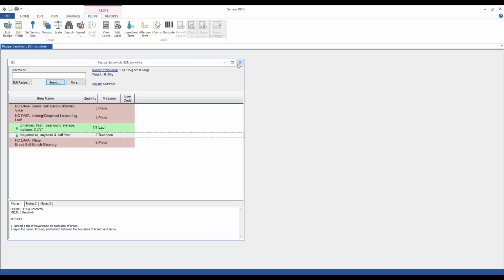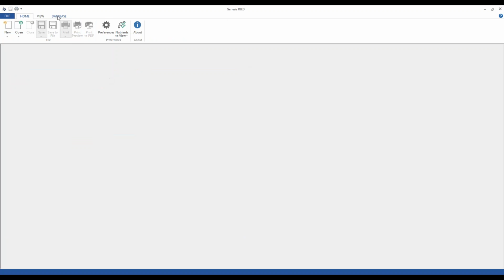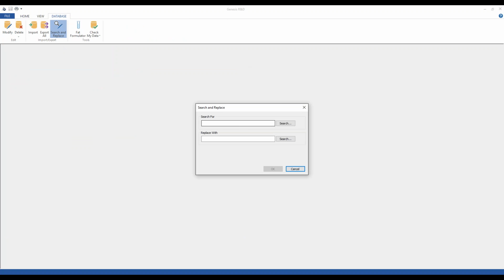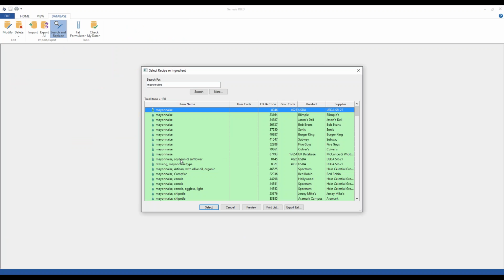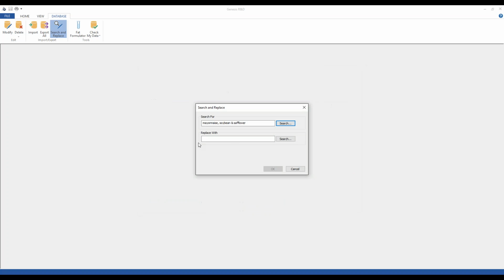There is also an option, if you go back to our database, instead of having to manually replace each of those individually, there is a search and replace feature within Genesis. And with this option, if we search for our mayonnaise item, soybean and safflower, and select it. If we wanted to replace all the occurrences of this specific ingredient with something else,